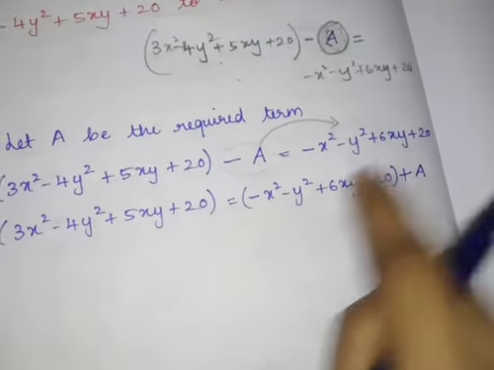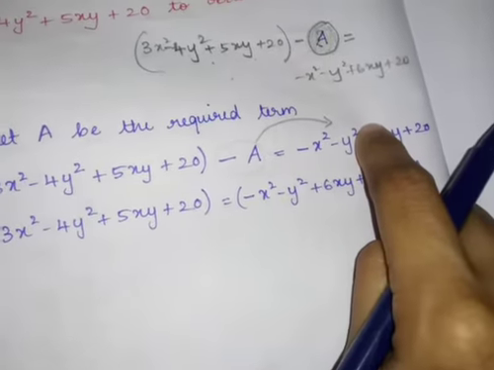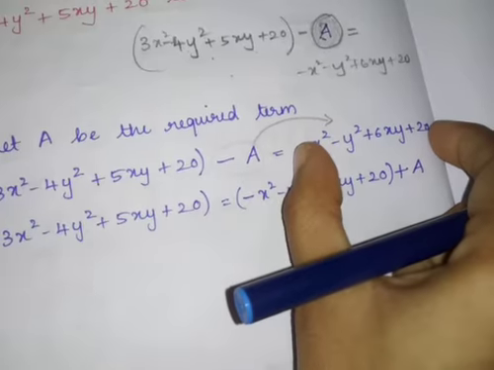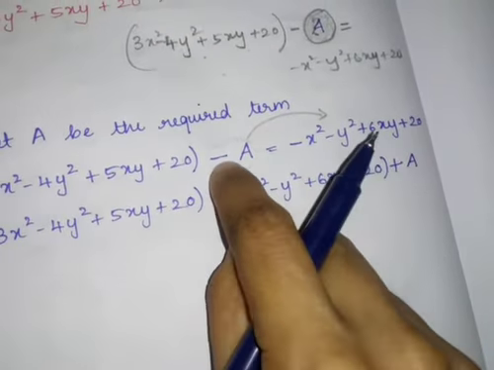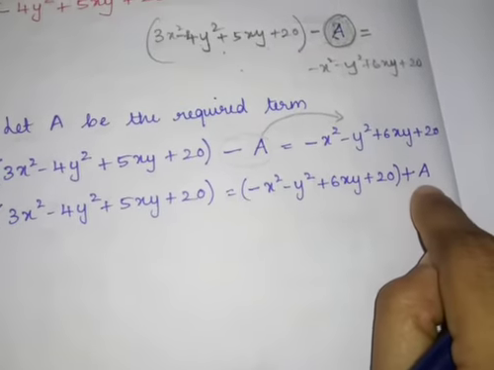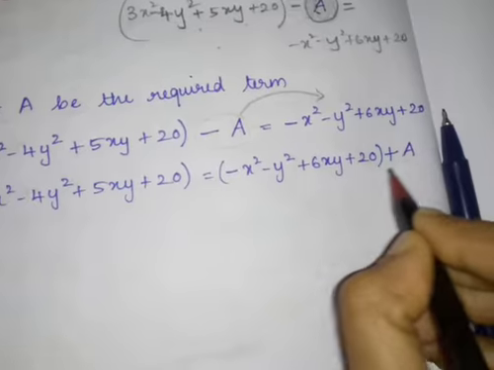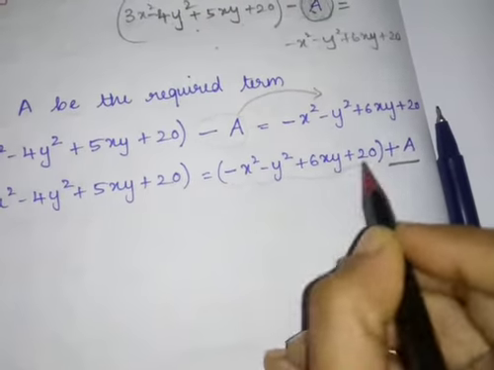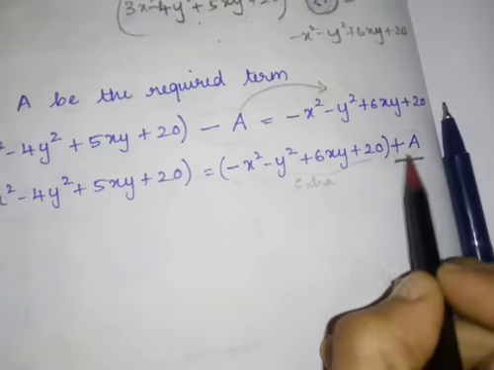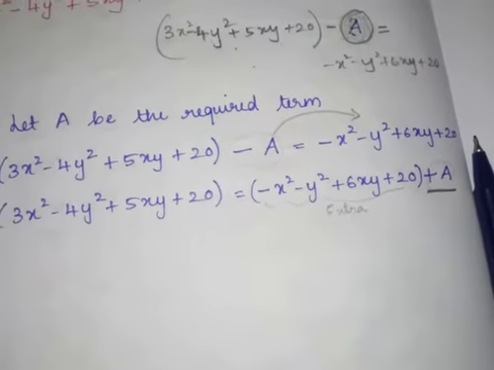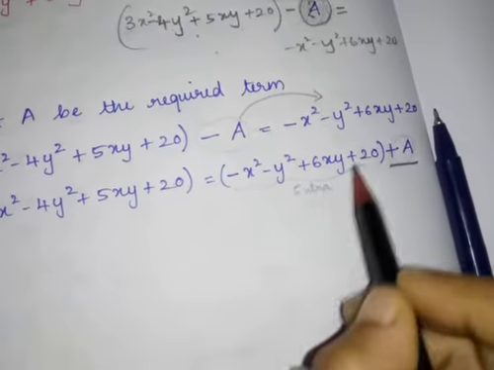I wrote this full term, children. I am just bringing this minus A alone to the other side. This term is already there on your right hand side, so I put it in a bracket. This minus A goes to that side, it becomes plus A. Now I want only to find this plus A. I want only A, and plus A both have the same meaning. I don't want this, so this is your extra.